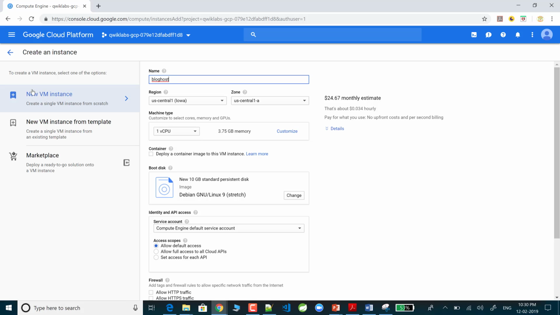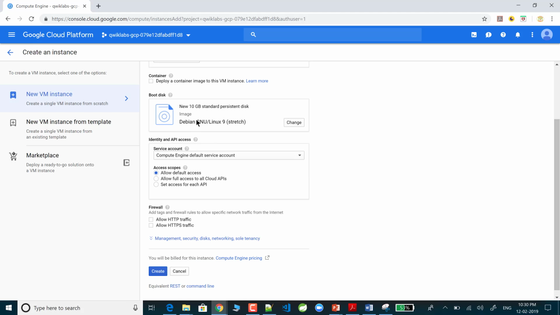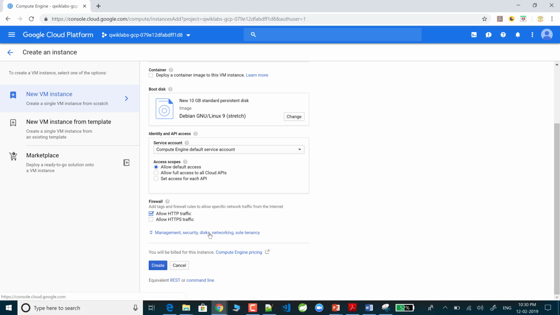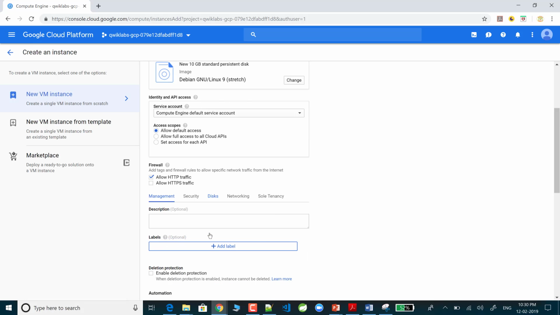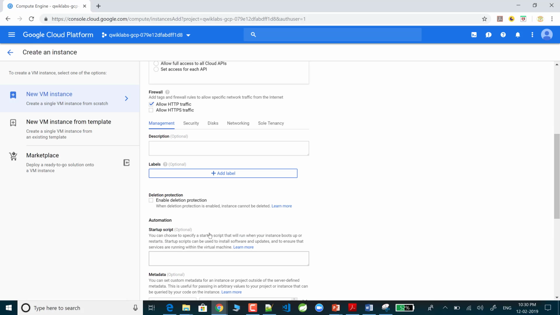And the zone, I don't want to change any zone. Machine type, I'm going to keep it as default. Coming to the boot disk, I don't want to change anything either. Now coming to firewall, I'm going to click on HTTP traffic. If you click on this, you will get more options here. Inside the more options,